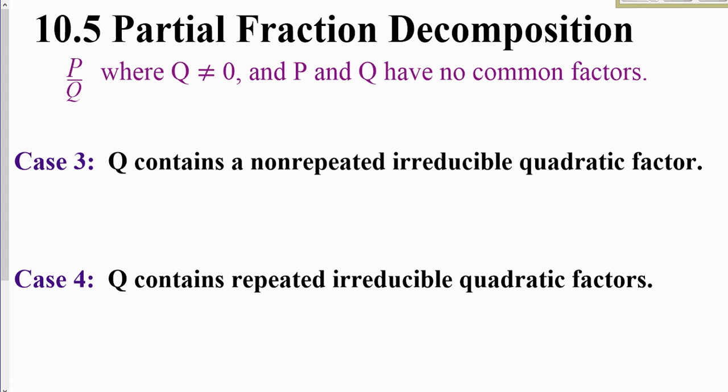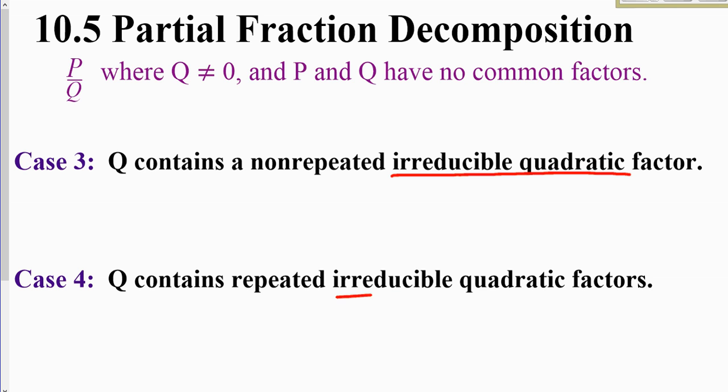All right, mathletes, here's 10.5, partial fraction decomposition, cases 3 and 4. So remember, we're dealing with rational expressions, and p is our numerator, and q is our denominator. We don't want to let q be 0. So today with cases 3 and 4, we are going to have denominators that have irreducible